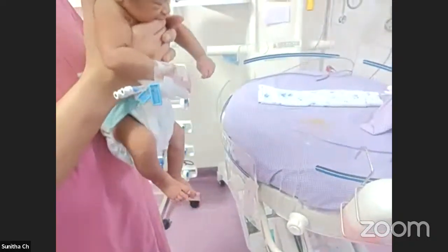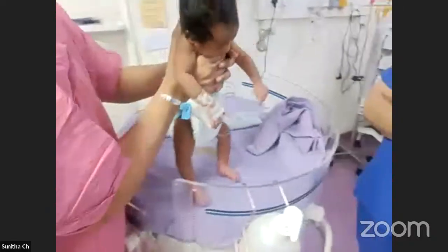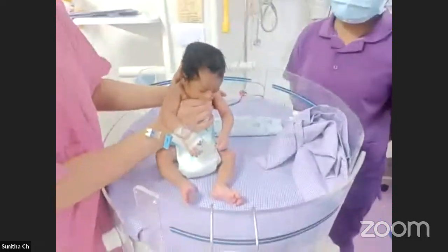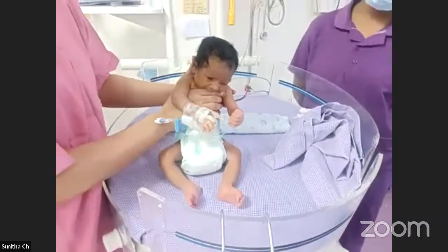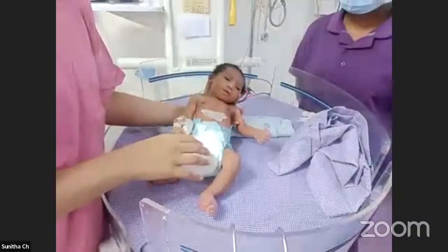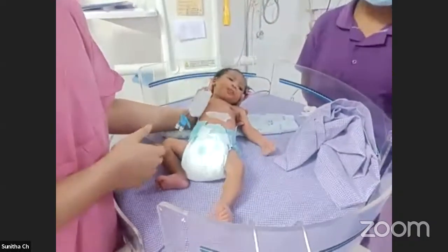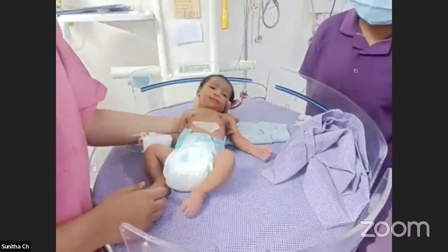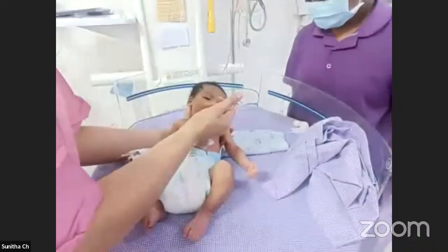So active tone involves these four maneuvers: pull to sit for the neck flexors and extensors, the vertical and the ventral suspension, and the righting reflex. The baby has inadvertently exhibited the sucking reflex for us. So the next part is the assessment of the neonatal reflexes. The most popular of which, of course, is the Moro's reflex. So this baby being hungry,